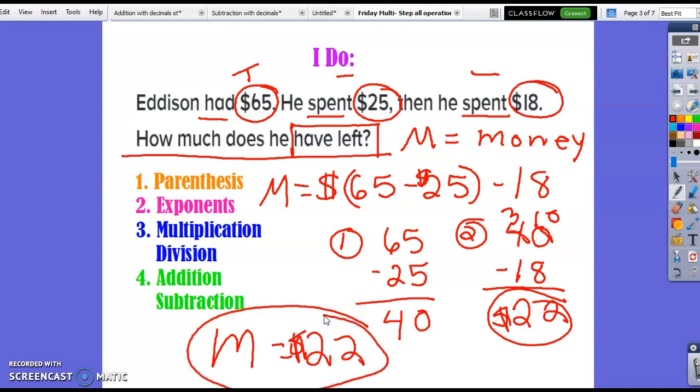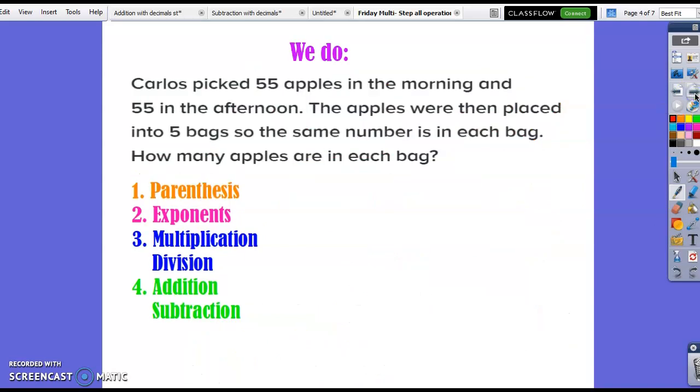You did not need to write any of that down. I just simply want y'all to follow along and pay attention as we do it. These next two, we're going to work together. So I'm going to give you some time to analyze, build your expressions, and create your equations to solve for the answer. Here is the next one. So this time, have your pencils ready. Okay, we do